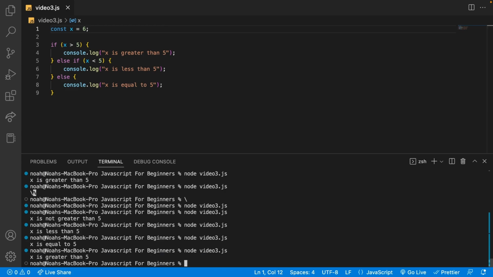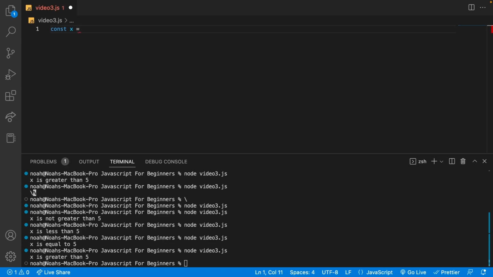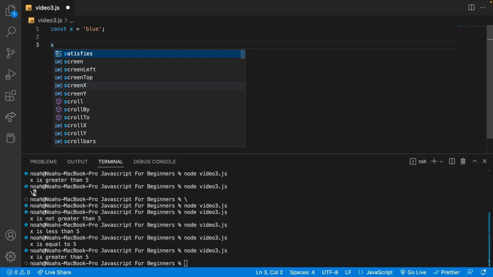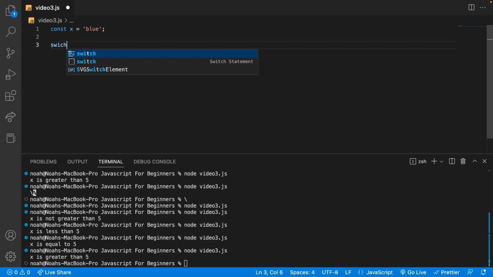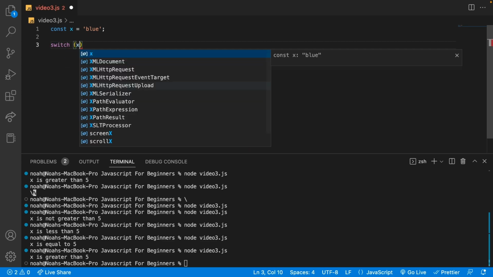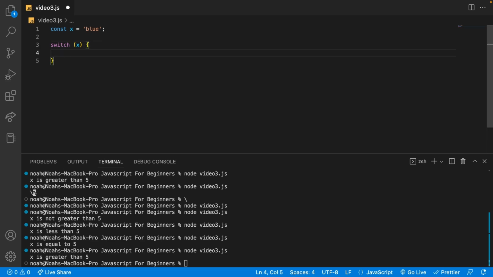Now let's finish up by talking about switch statements. A switch statement is a control structure that allows you to execute a block of code based on the value of a variable. So they're kind of similar to if statements, but with a twist. Let's say const x equals the color blue. We can use a switch statement here, and we can say switch x, and then have curly braces, and say